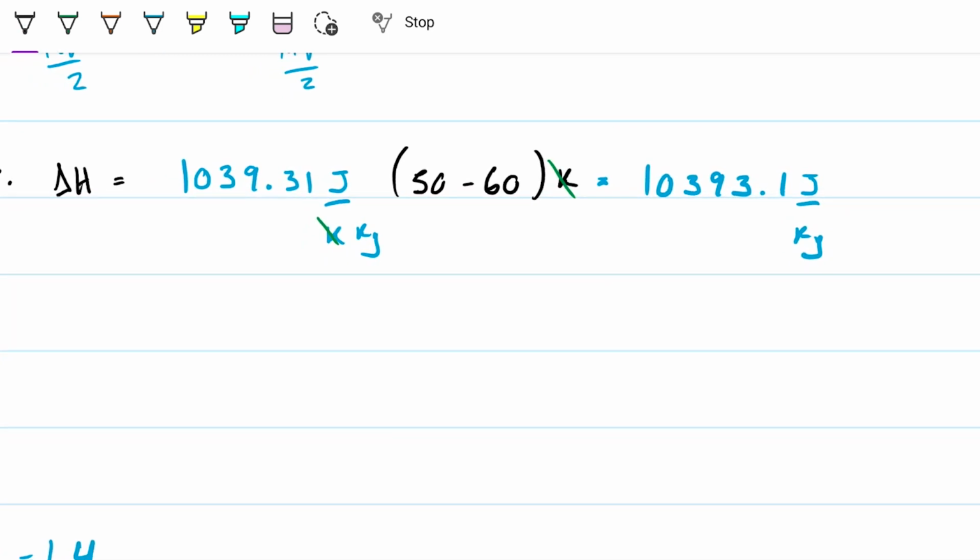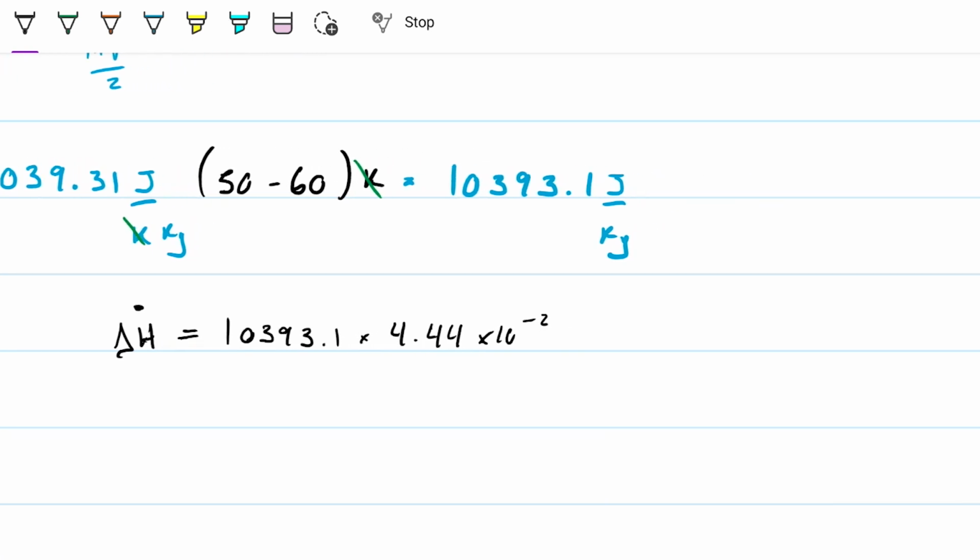And now if I want the rate, let me go ahead and put a dot there for rate. Then I'm going to multiply by the mass flow rate. So I'm going to do this big number that I just found times the 4.44 times 10 to the minus 2. That is kilograms per second. So that gives me